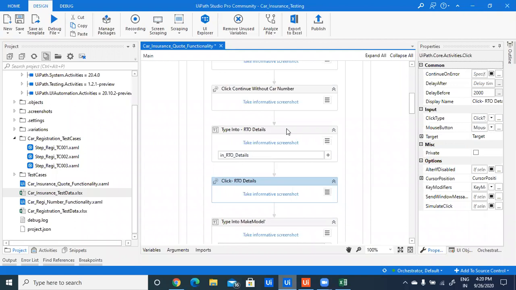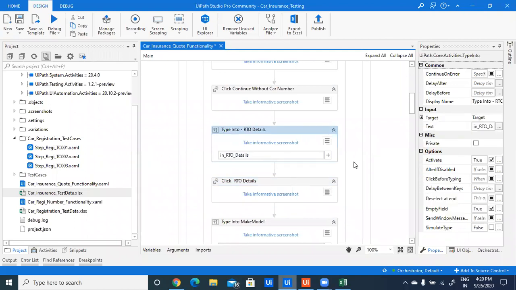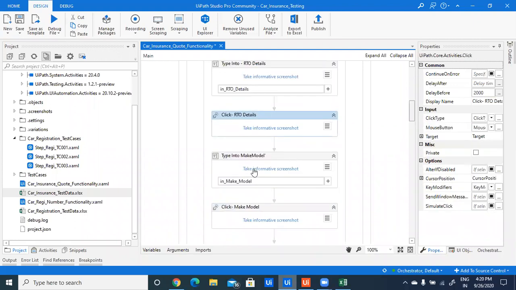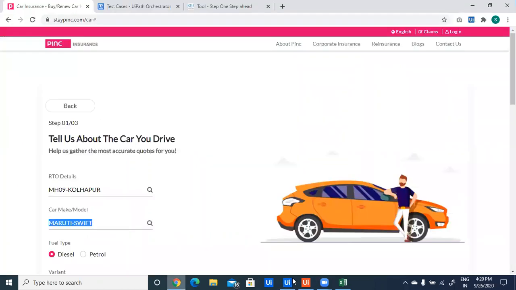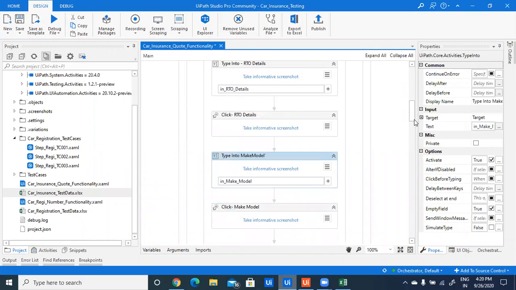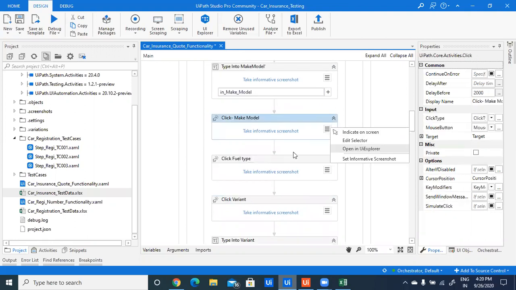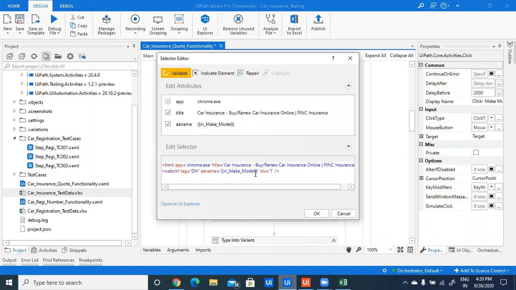After entering the RTO details and selecting them from the list, I want to enter the car make and model. For that, I have created a drag and drop type into activity. Here also I have used a dynamic selector mechanism, which reads from the Excel sheet.